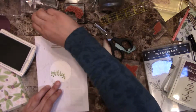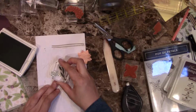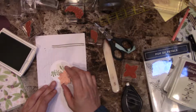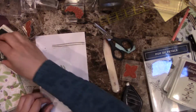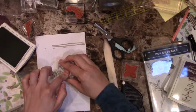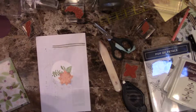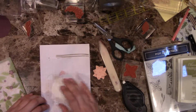Alright. And then I'm going to go ahead and add this one. And let me just see, because this one will go right here. And then I'm going to add this one there. Alright. So here you have it. So this is how it's going to go. I think I like it a lot. So let's just go ahead and glue this one